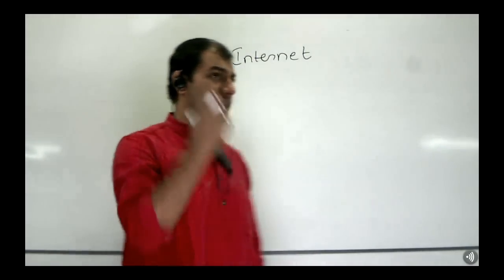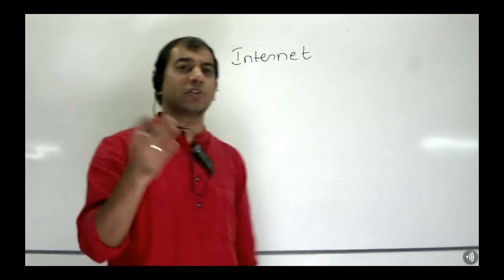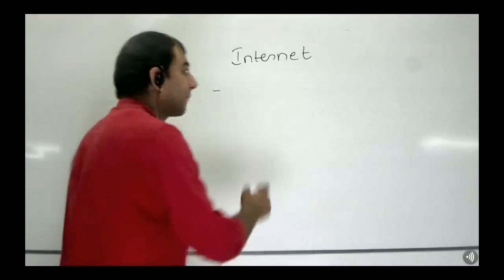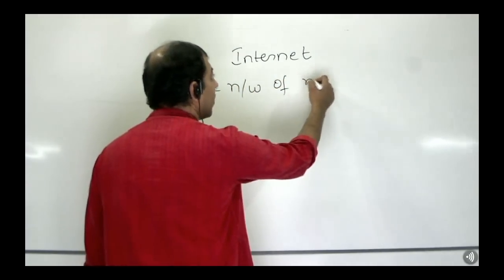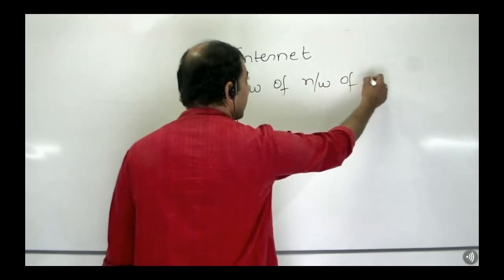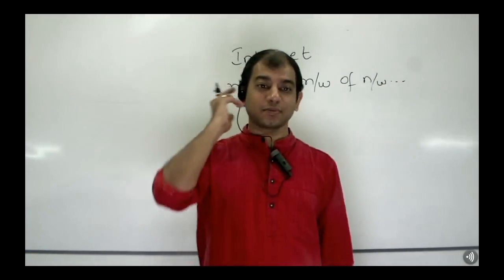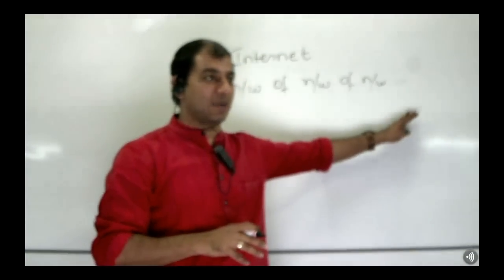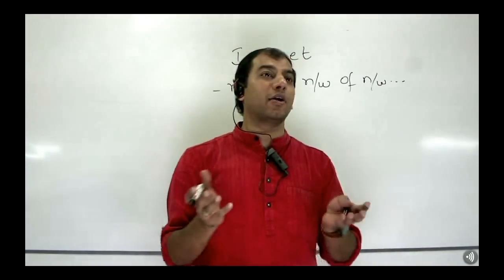So tell me please, what is the definition of an internet, or what is an internet? What is internet all about? Internet is what? It's a network of network, very good. Of, what is the end unit? Obviously, end unit is not a network. Come on, internet is a network of what? At the end unit.